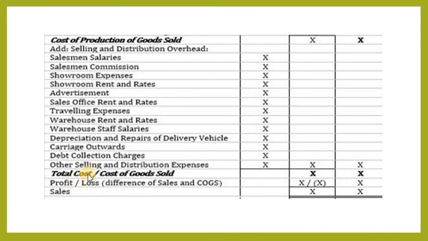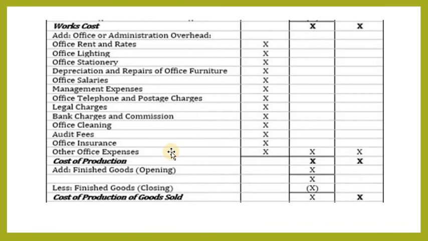Okay, here also there are two steps. That means two processes. If they have given sales, then we will calculate the profit. How are we calculating the profit? The difference between total cost and sales, then we will get the profit. But if they have given the profit only, then we will find out the sales. How are we calculating the sales? Total cost plus profit, then you are getting sales. That is the total preparation of cost sheet.